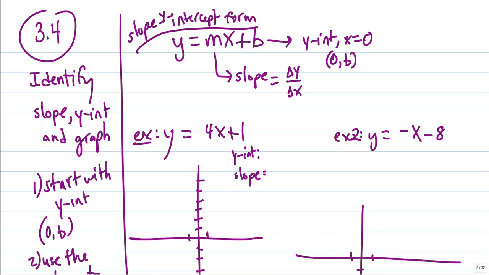So for section 3.4, we're going to be focusing on what's called the slope intercept form. I add a little thing to this because, yes, we know we've seen mx plus b, and we know the m is the slope, or our change in y over change in x. They call it slope intercept form because one thing it contains is the slope, but it also contains